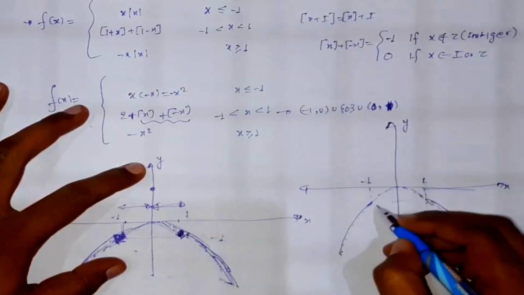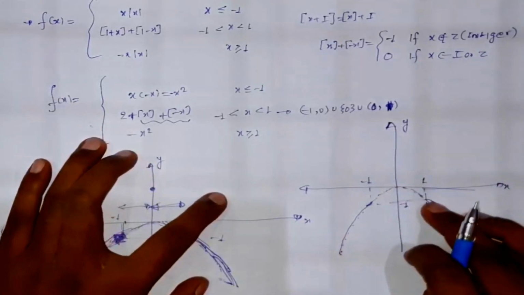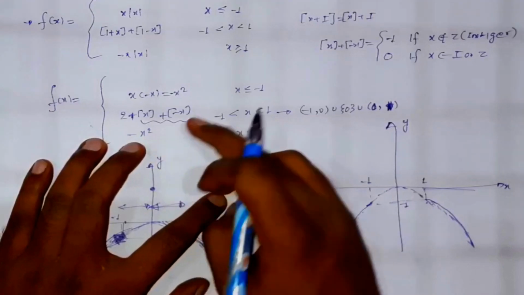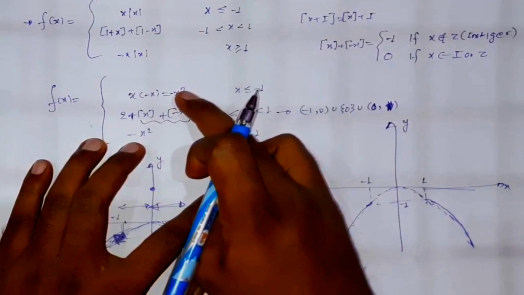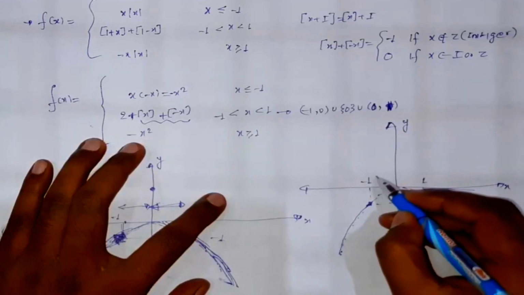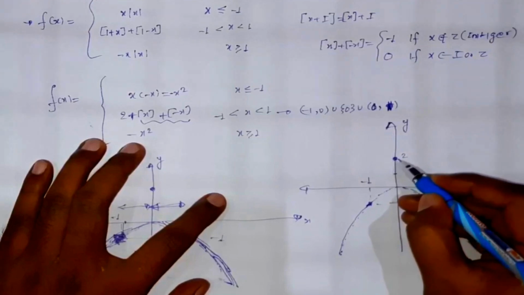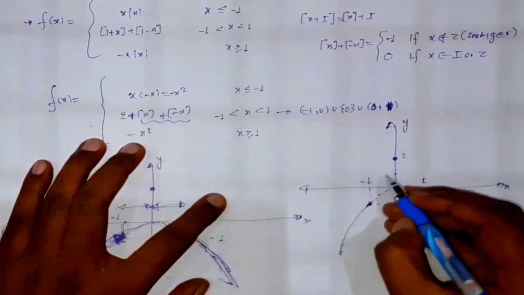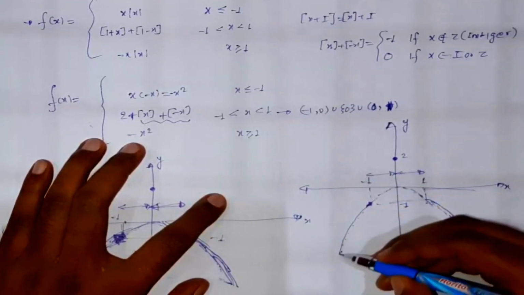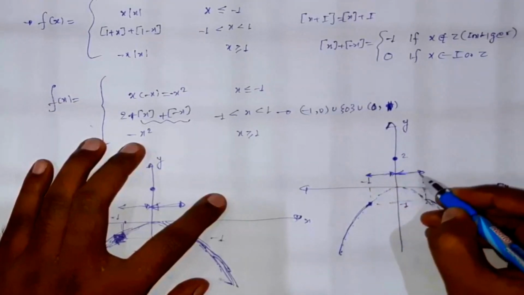And the value of this will be minus 1, because if we put x equals 1 in this portion, we will get minus 1. If we put x equals minus 1, then again we will get minus 1. So the value of the graph will be like this, okay. And this is 1, this is 2, this is 1, okay. So at x equals 0, the value of the graph will be 2, and at x equals 1, the value of the graph will be like this. So we can say this is the graph, this portion, then this portion, then this portion, then this portion, okay.